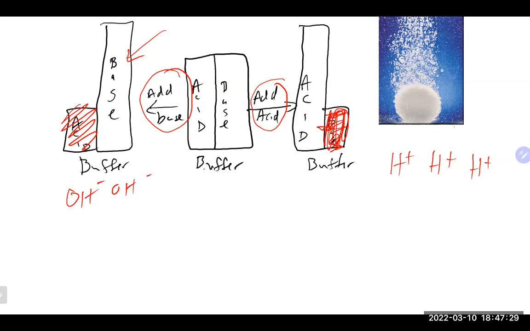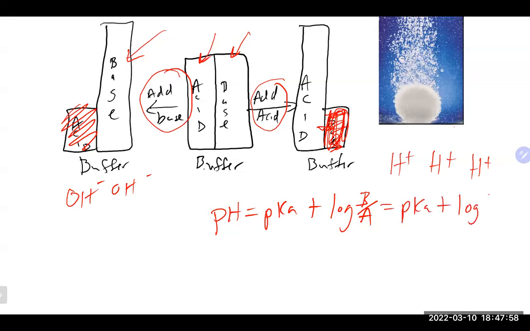How do I choose what to make my buffer from? That is where our Henderson-Hasselbalch equation can be very helpful. As I mentioned before, a lot of times you want almost equal amounts, not in all situations, but that's a good starting point, which means technically if I had equal amounts of the base part of the buffer and the acid part of the buffer, my Henderson-Hasselbalch equation would be the pKa plus the log of 1, yes? This guy would be the same. Log of 1 is equal to